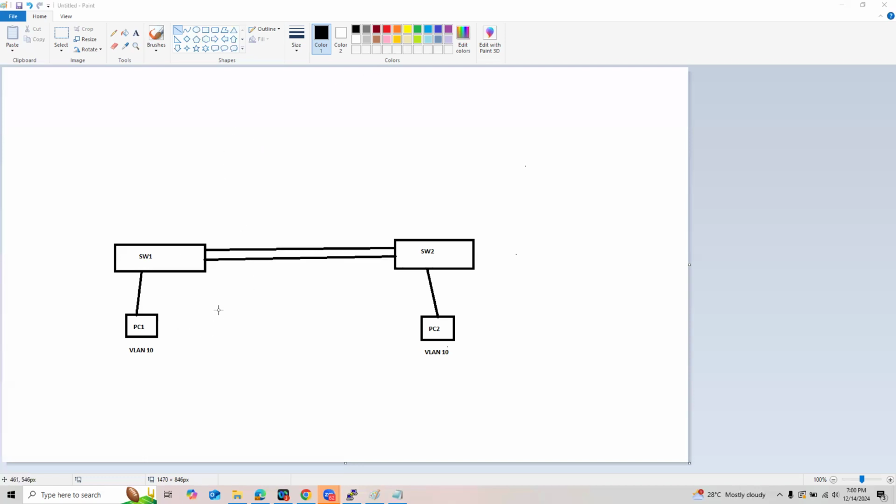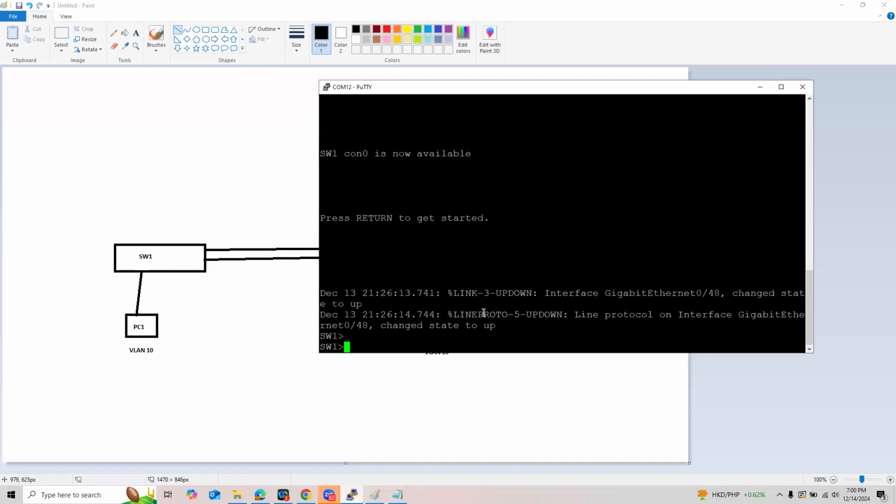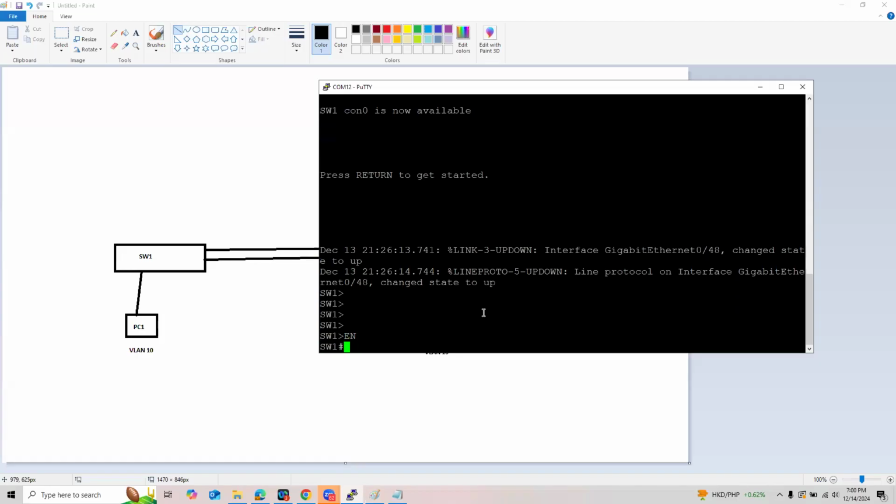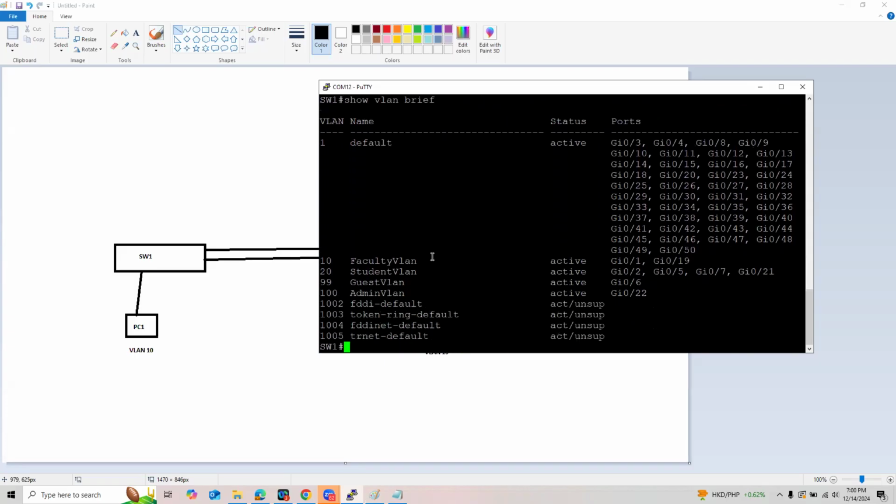And what we configured last time is just this part of our network, the switch one. So if you look back at its configuration, enable, then show VLAN to verify the VLANs that we have here. We have created VLAN 10, 20, 99, and we also have VLAN 100 here.